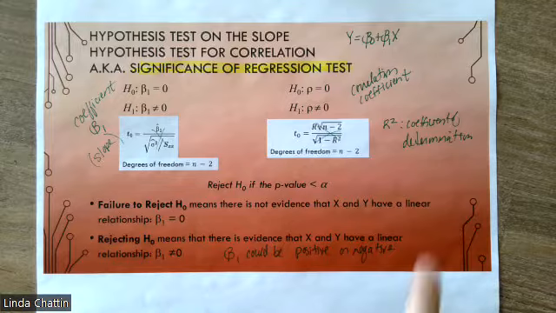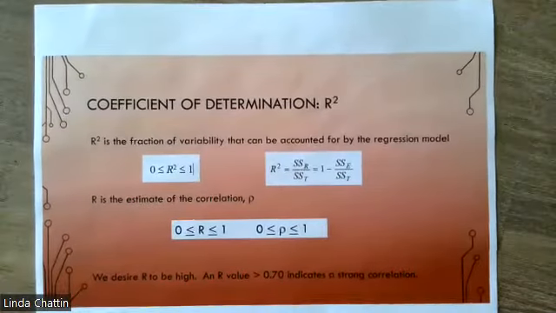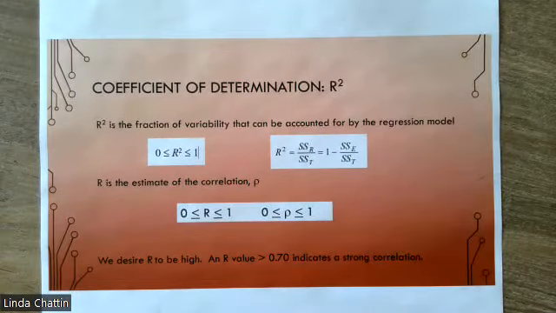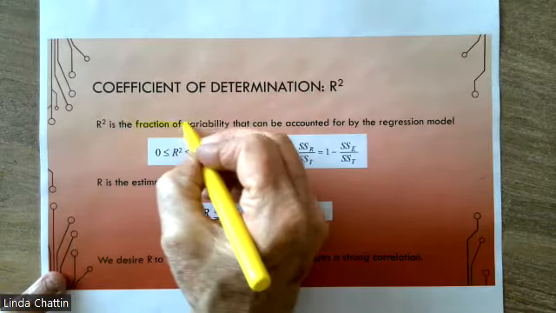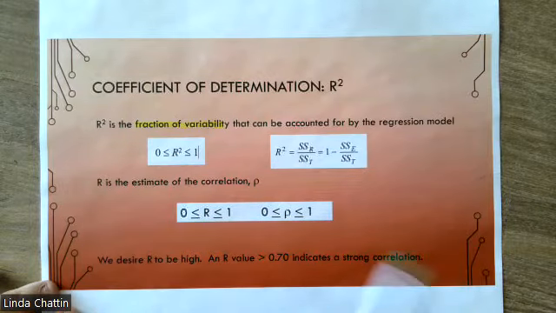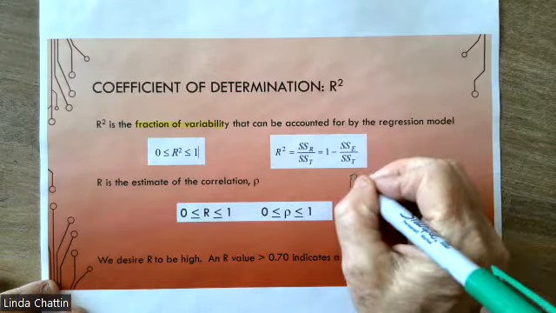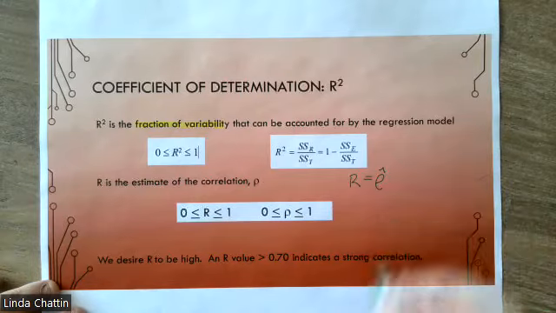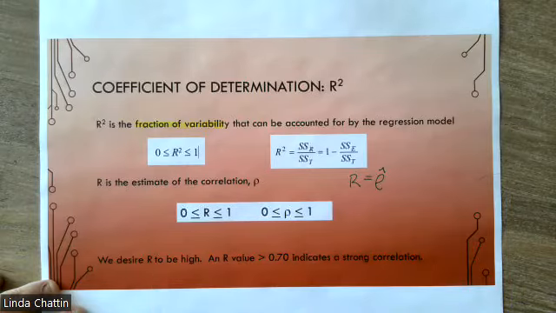So what is this coefficient of determination that I just mentioned? Well, that's on the next slide. This is a measure of how good your model is. We like our R and R squared values to be quite high. R squared is what we call, and I like this definition of it, the fraction of variability that can be accounted for by the model. So the bigger the R squared value, and also its square root, R is actually the estimate of rho. I could say that R is just my estimate of rho. Both of these values are going to be